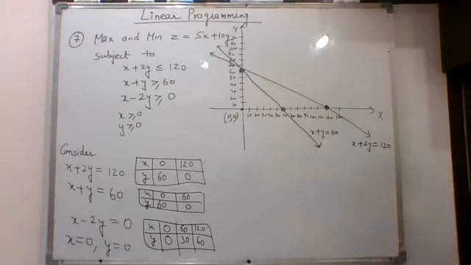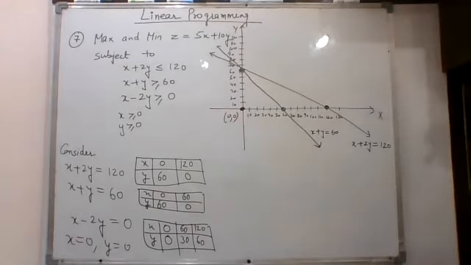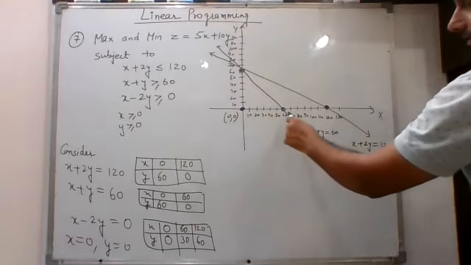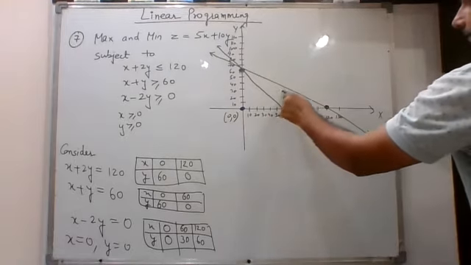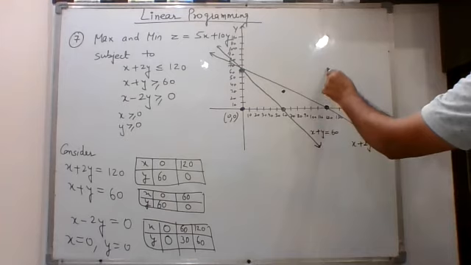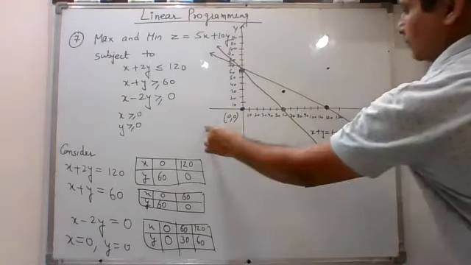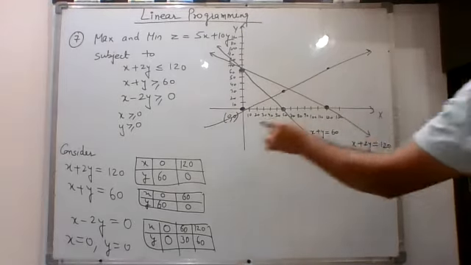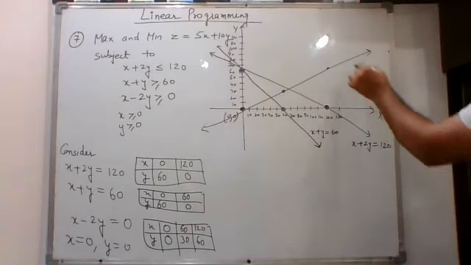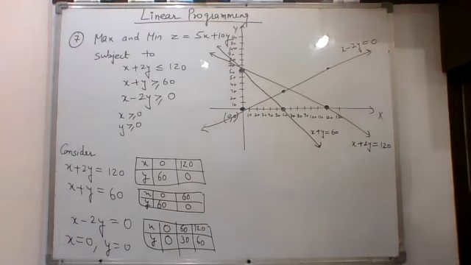Now, let us draw the third line. For the third line, your points are 0, 0. Another point is 60, 30, so it will be somewhere here. Then 120, 60, so it will be somewhere here. Now you will draw the line passing through these 3 points. This is how this line will move. After that, you will write the equation of this line also in the equality form. So x minus 2y is equal to 0. So just write down this.